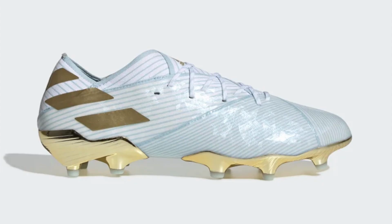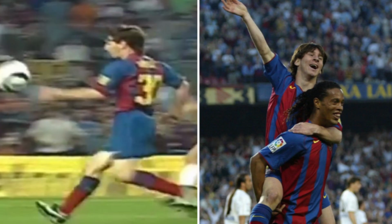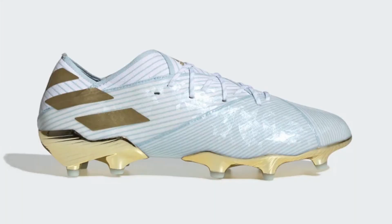Now, before I said that the Chameleon Nemeziz was the best Nemeziz design of the year, I was wrong. This is the Messi 15 years Nemeziz 19.1, released in October this year. It celebrates the 15th anniversary of Messi's debut in pro football. It's got an Argentina white and blue upper. As you can see, it's not just white, it's a sort of very, very subtle white and sky blue design on that upper there. Gold inspired by the trophy cabinet of Messi's career on the 3 stripes and on that